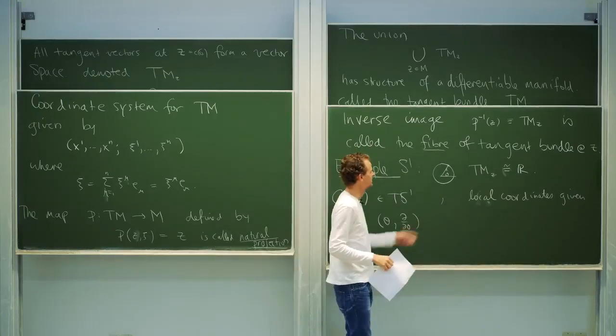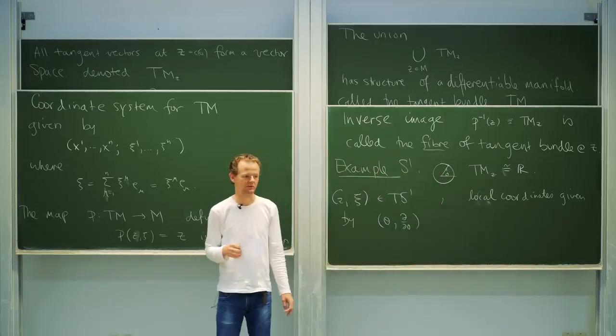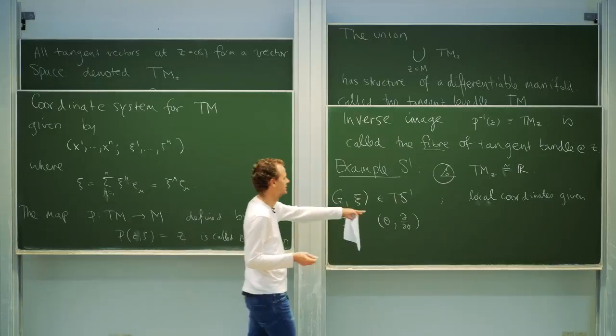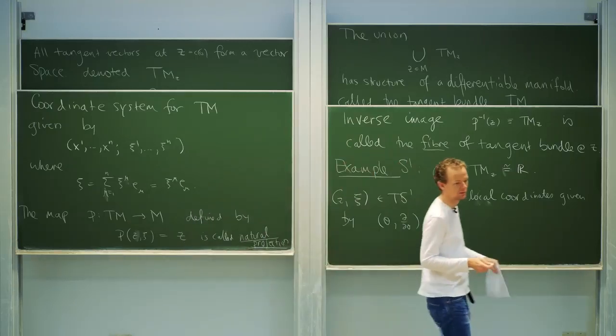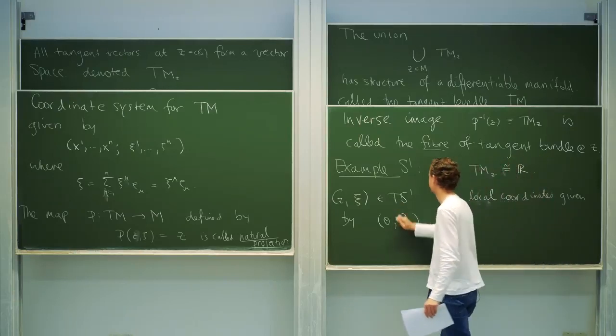So remember, this coordinate chart here only works for theta away from, say, 0. We need two charts to cover the circle. But in this particular chart, the local coordinates are given by a pair, theta and, sorry,